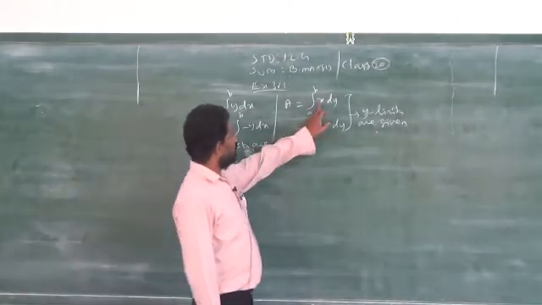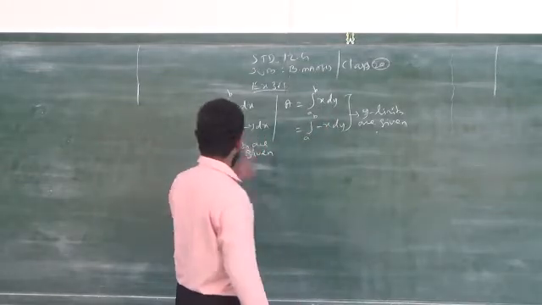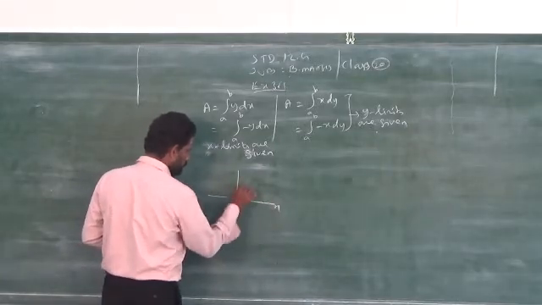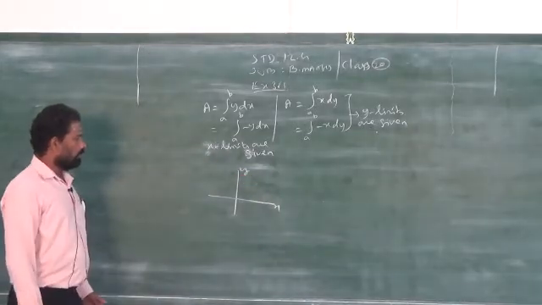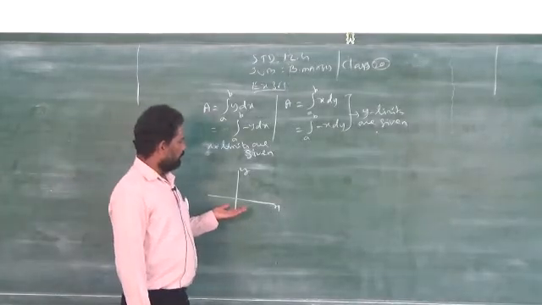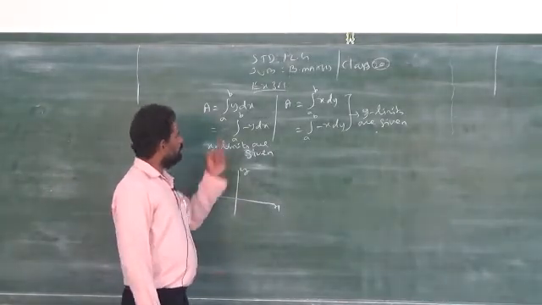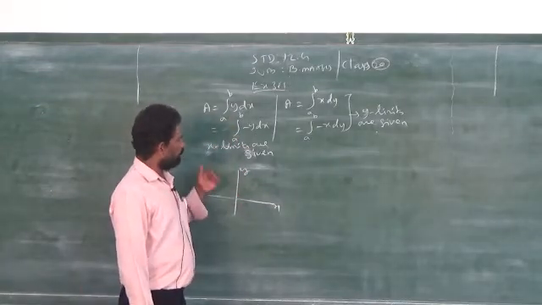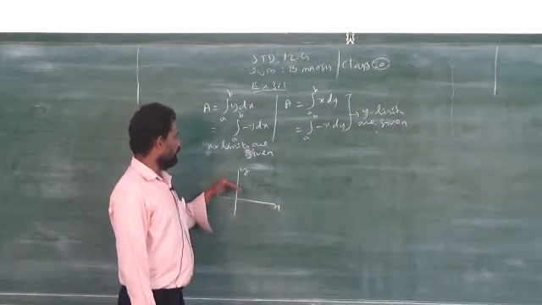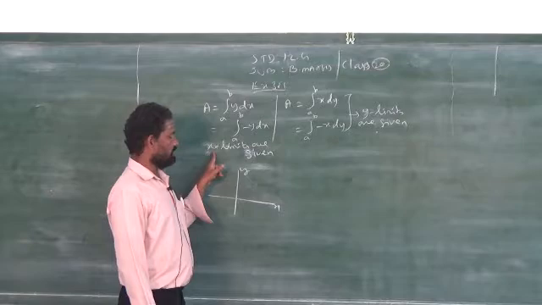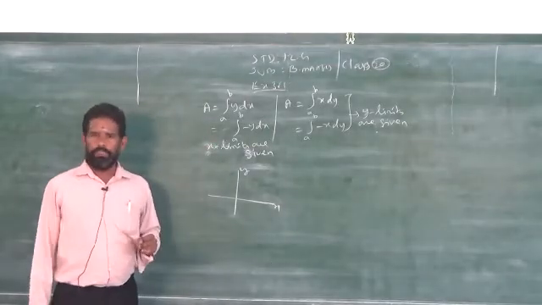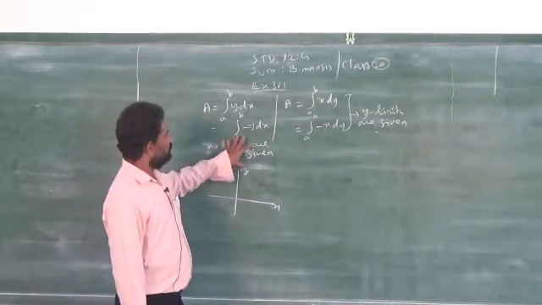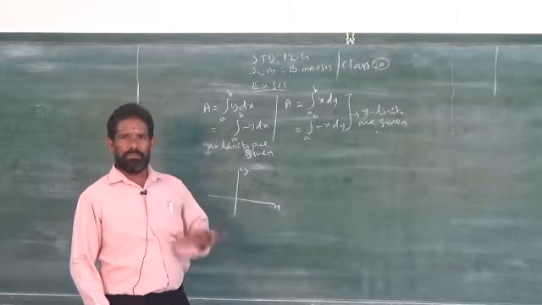Sir, here you are using positive and there negative, the same way for the first one. The first one I explained with the help of the graph. This is the x axis, y axis. When the area is above the x axis and x limits are given, that is very important. To find the area of any curve or any straight line above the x axis when x limits are given, that is very important. Even if you have y limits, these two formulas you can apply only when x limits are given.